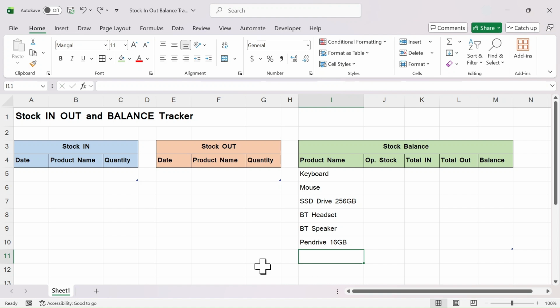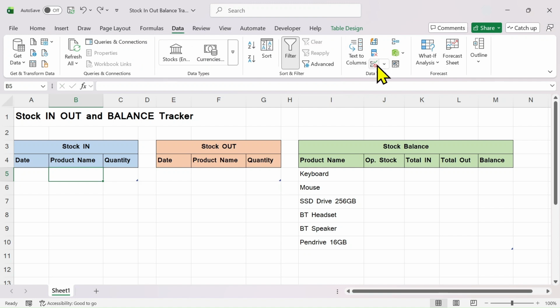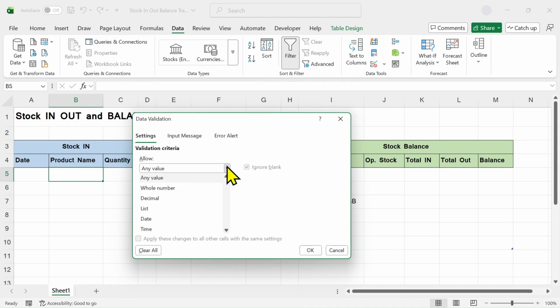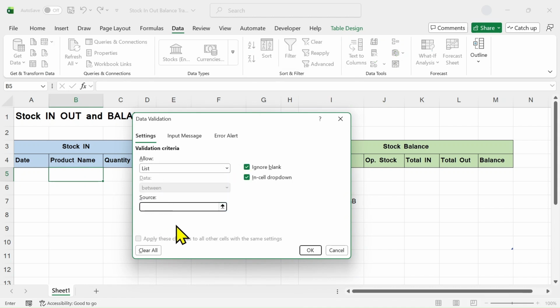Next, we need to create the product name selection drop down here in the product name column of the stock in and stock out tables. For that, click on this cell, then click on the data tab, then the data validation tool. Here in this drop down, select the list option, and here in the source of the list, we have to use this formula, that is equal to indirect,